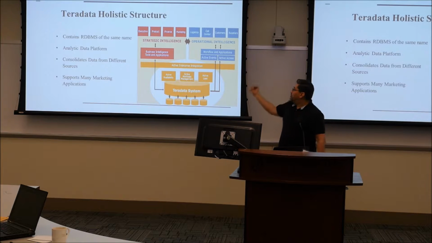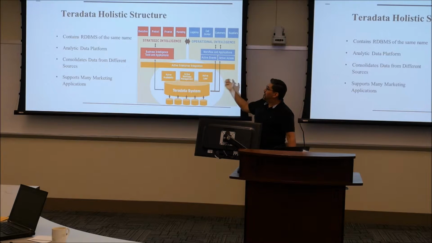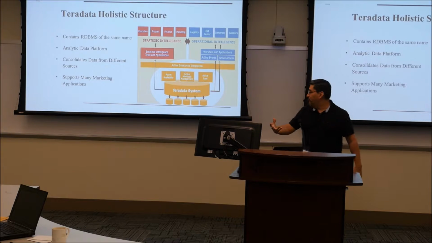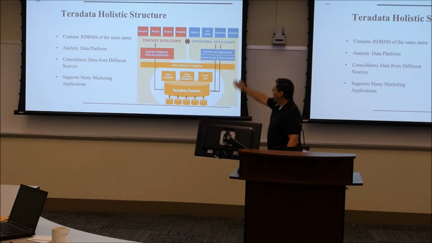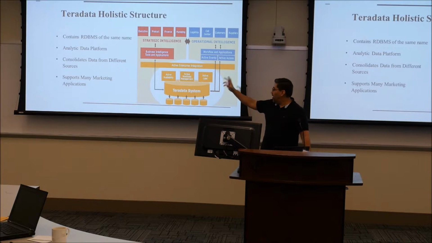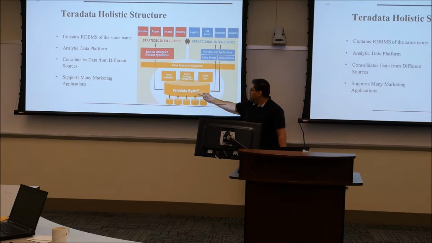You have the operational intelligence being pulled in by this side, and then you have the strategic intelligence trying to make sense of it all and develop strategy for your company. So this is information flow that goes back and forth. And it all gets processed by an active enterprise integration system. It could be anything, we can go into that later. It could be a POS, it could be an online survey system, or whatever it is, it gets integrated and pulled to the Teradata system.